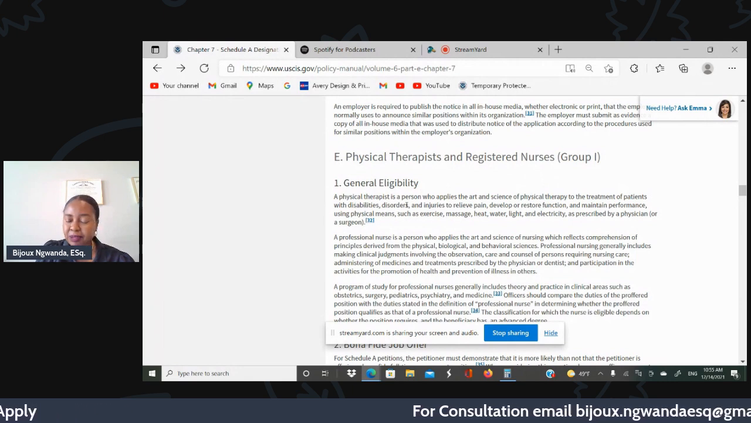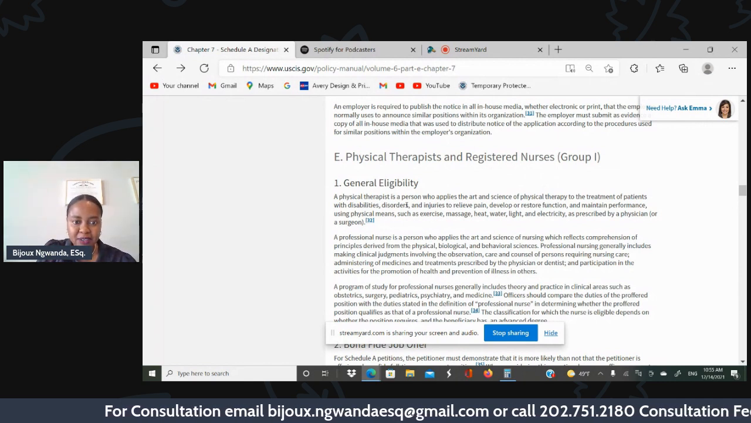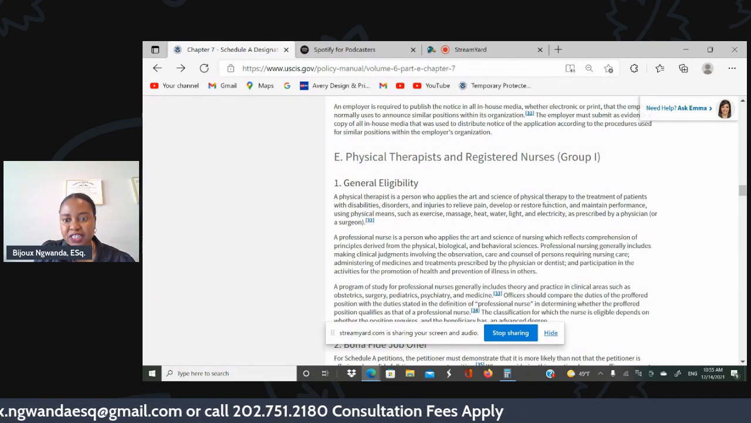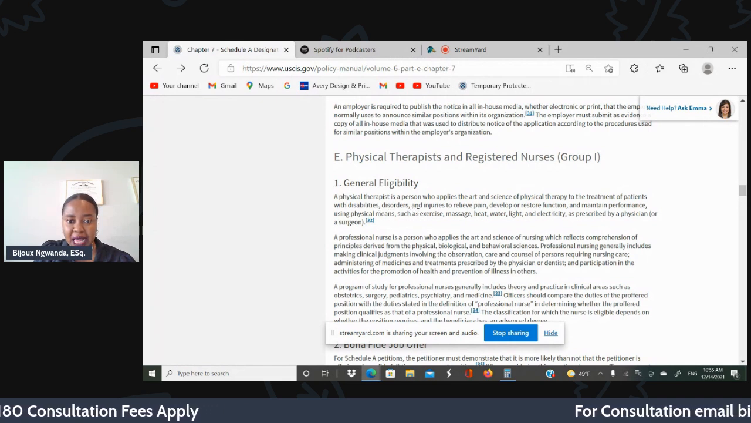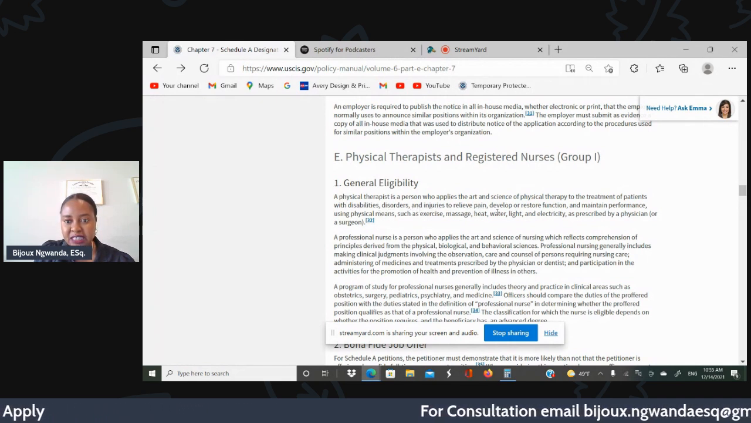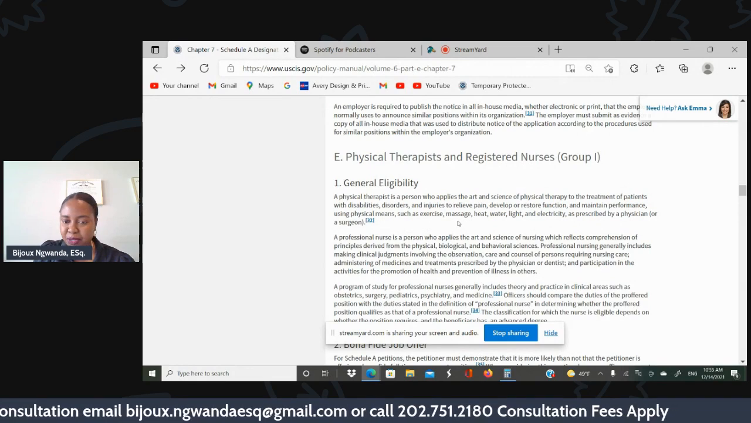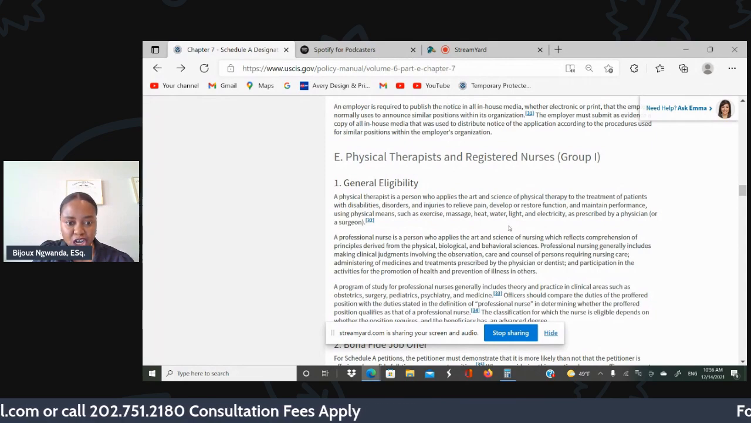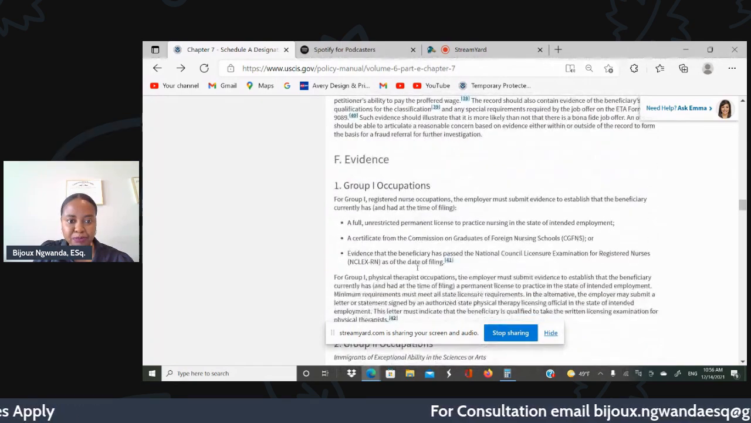Physical therapist, now it explains to you who is a physical therapist. That's a person who applies the art and science of physical therapy to the treatment of patients with disabilities, disorders, and injury to relieve pain, develop and restore function, and maintain performance, using physical means such as exercise. We already know what physical therapists do as a job, and who is a nurse. And then you have to have a job